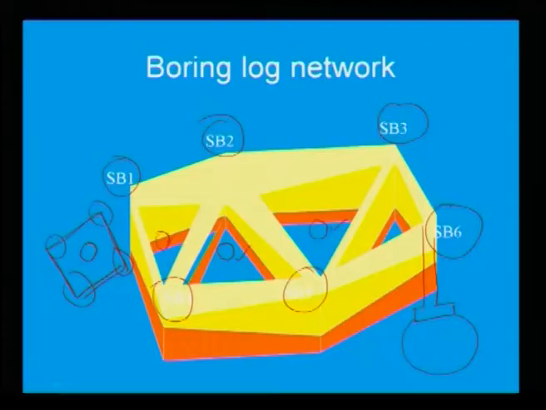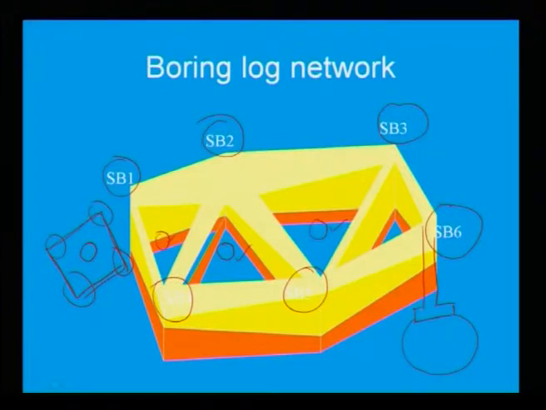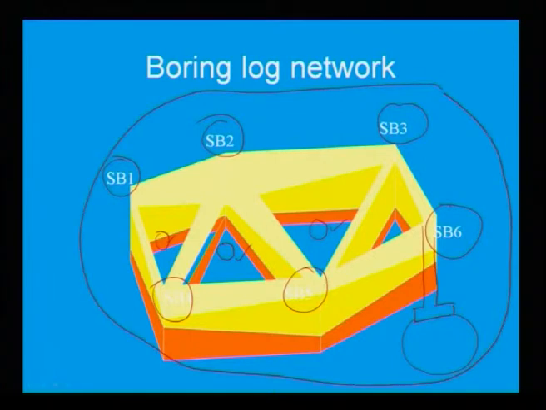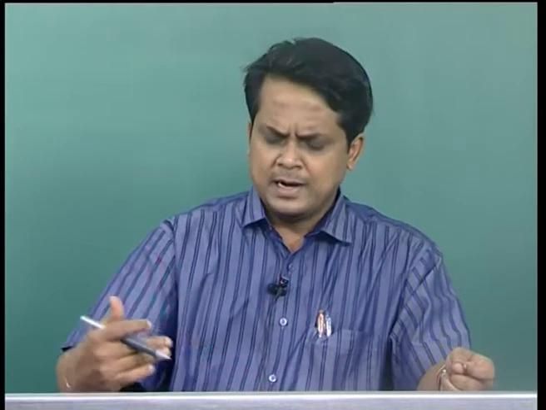This is what people generally do in practice, but if you see that the soil profile is not uniform, or is varying from one borehole to another, then you may go for an additional borehole at the center of the proposed plan. Then what you will get? You will get an overall idea of how the soil profile varies across the 1, 2, 3, 4, 5, 6, 7, 8, 9, that means around the periphery and across the center.